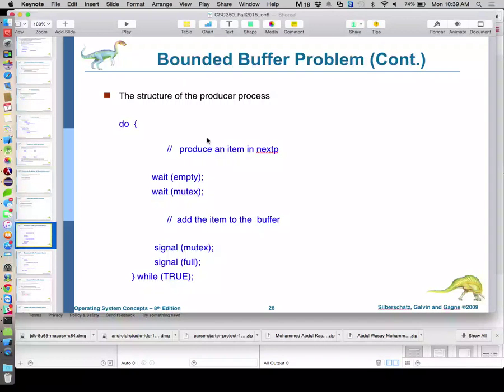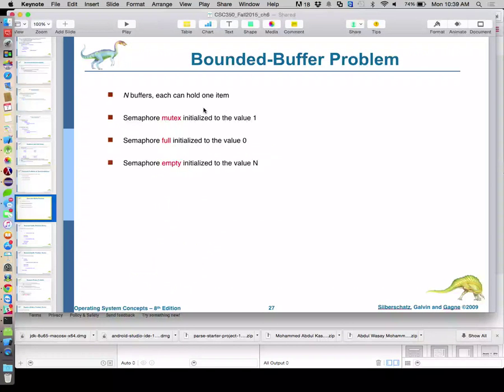All right, so here's the producer process. We're going to wait until we can gain access to empty, and wait until we can gain access to mutex. Mutex controls access to one element there. Empty is going to start off at n, so at least initially we should definitely be able to grab something. Let's say we have 10 buffers. Empty is 10, so we'll grab the resource and decrement to 9. No big deal.